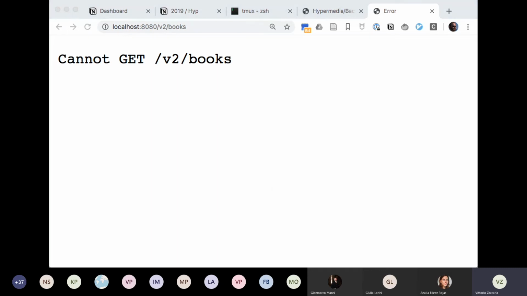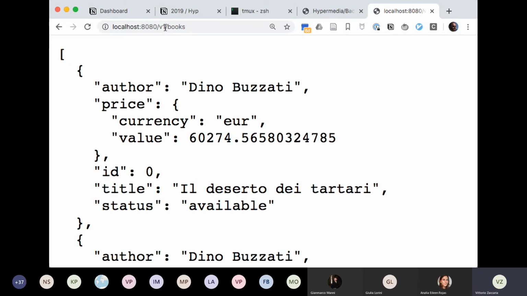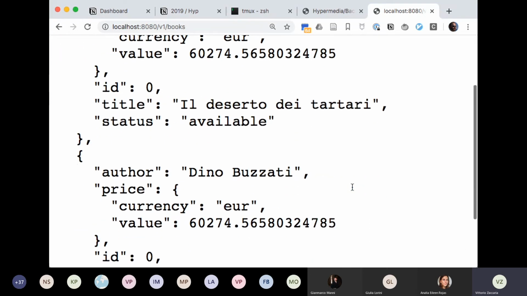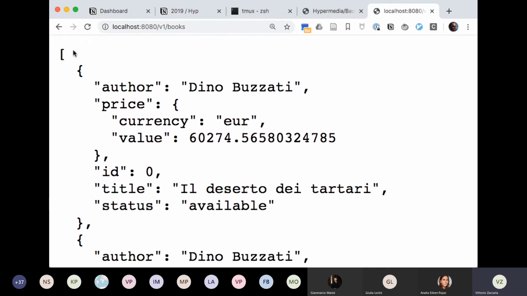Okay, let's see why it doesn't work. Let's see, just one second. Okay, base path was v1, not v2. Okay, so as you can see here, this is just a get towards my running web server, and the get,